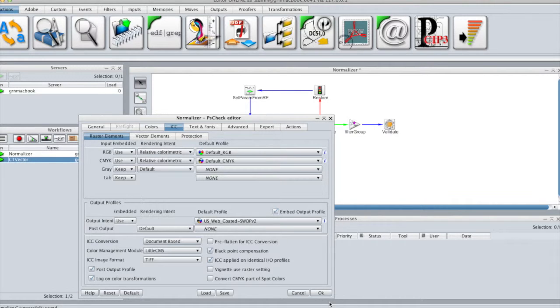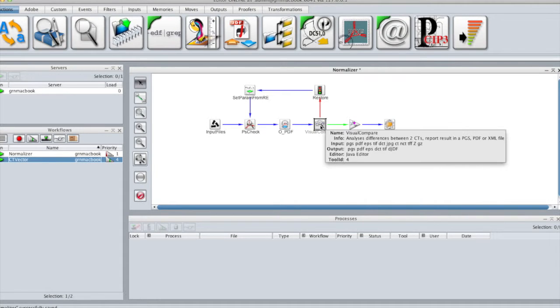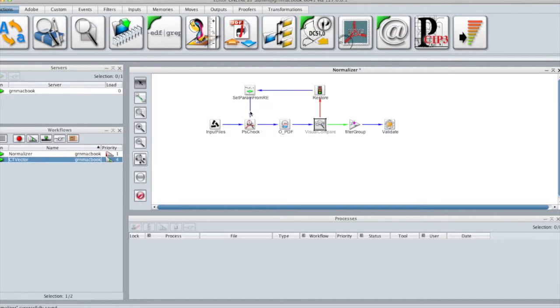But even if most of the time these settings will give you a good result and increase the file processing speed, applying ICC conversion on transparencies is not without consequences, and you may sometimes get some unwanted results. Thanks to the Visual Compare, we will be able to automatically detect such cases and reprocess the files with the option pre-flatten for ICC enabled only if necessary.